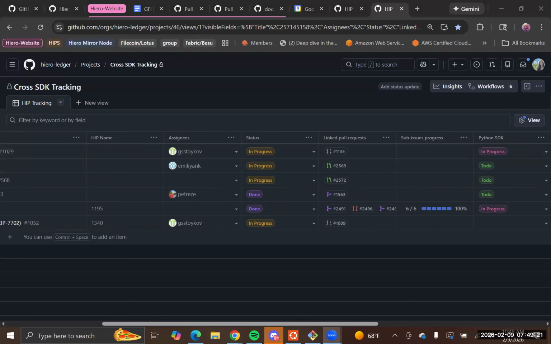I think it should work in addition to this, because this does a really good job: you're able to just see everything from here in a really well laid out way. But I think having the actual issues in GitHub linking to all the SDK issues will help